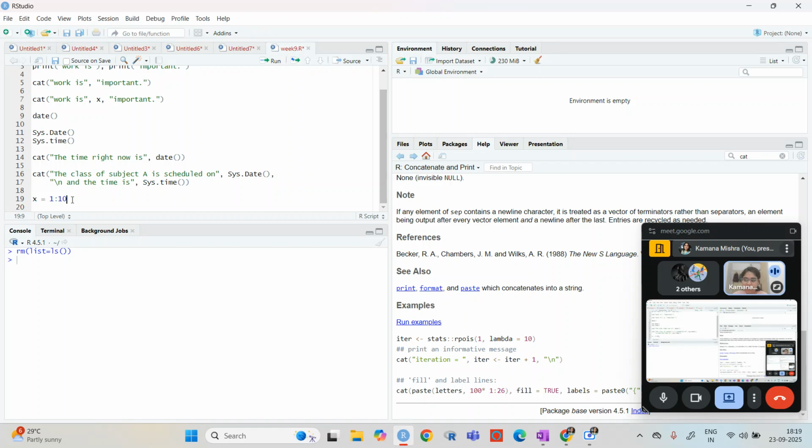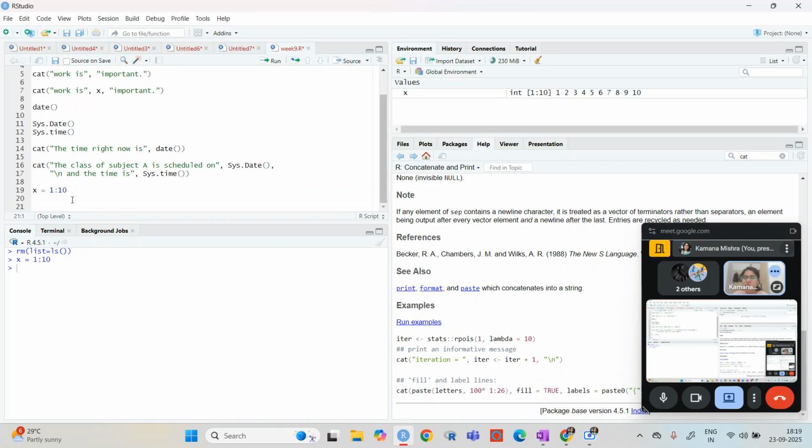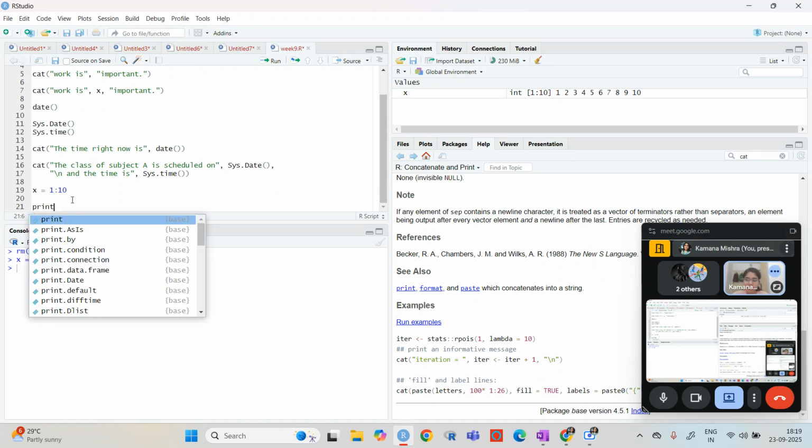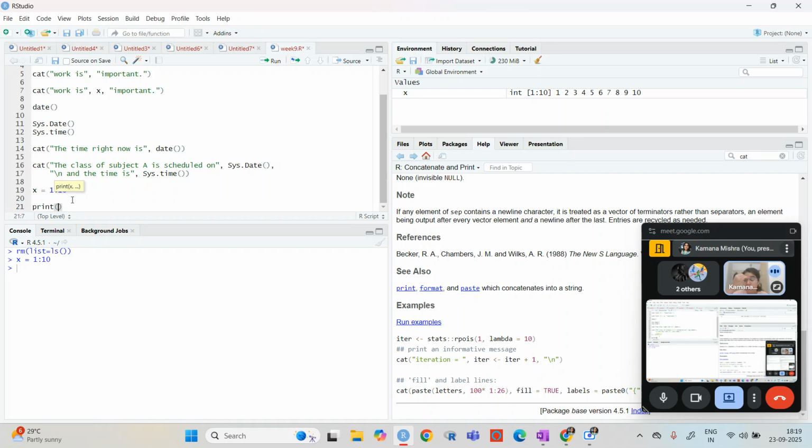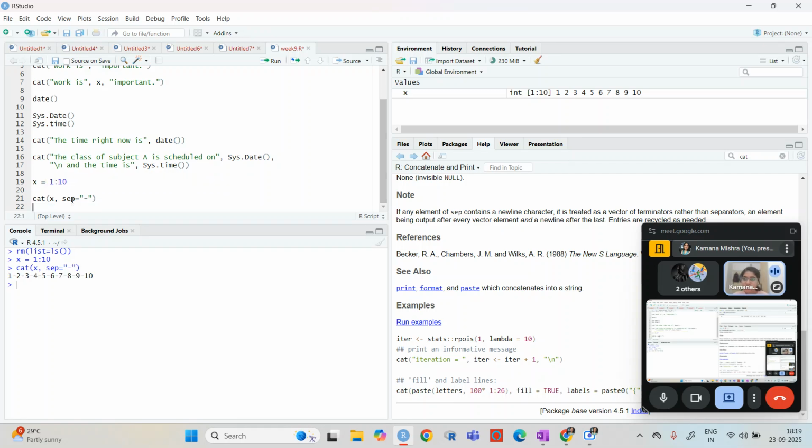So if you have, let's say, x1 to 10, and then you want to separate it by something. In print, in format, we have formatted this. So in cat also we can do this. So let's say separate, and I just want to separate by this. So one, two, three. Let's see if this will work.